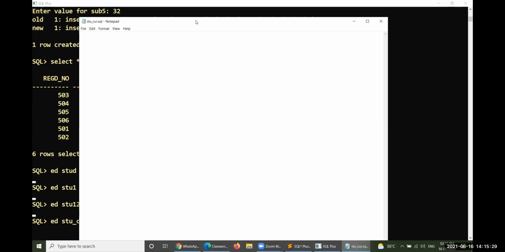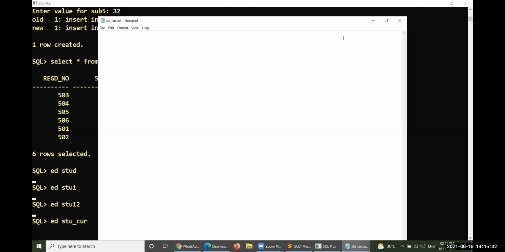Okay, what are the variables which we require? That could be taken in the declaration part, declare. The first one is you have to create a cursor. So the cursor name is stud underscore cur, student cursor is select everything from STUD underscore exam. So that is the table name. Whatever data is available in that particular table, everything will be copied to the private work area, which is called cursor. The name of the cursor as far as this point is stud underscore cu.